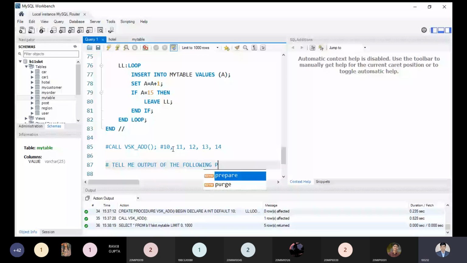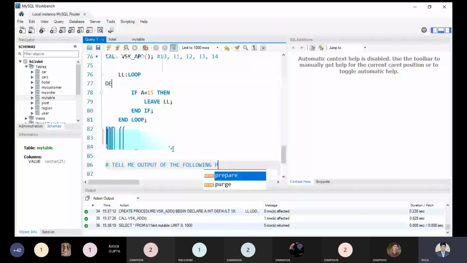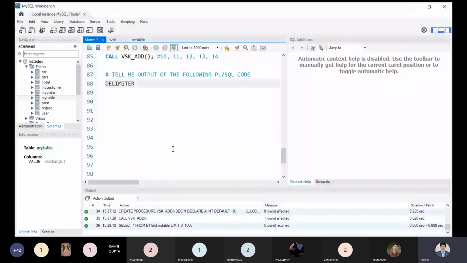First, I'm using the delimiter. I'm creating a procedure, and I'm giving it a name, something like PSB, and I'm just taking it as my reverse. Begin. Nothing more special, so focus on the program.